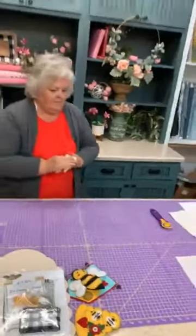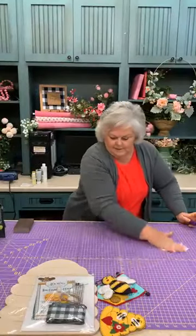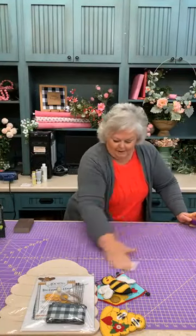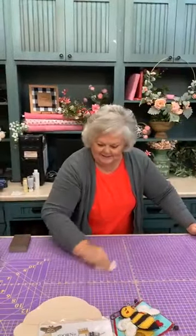Okay. All right, on to the finishing part now. I'm just cleaning this off so when you get the fabric, it's not going to get on anything. Okay, so for the finishing,